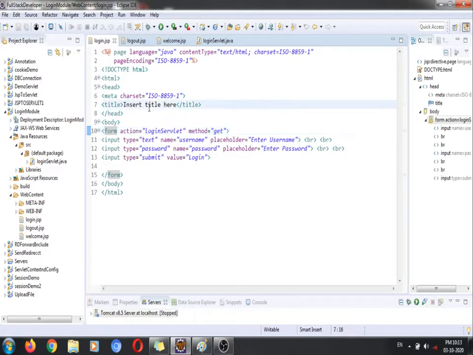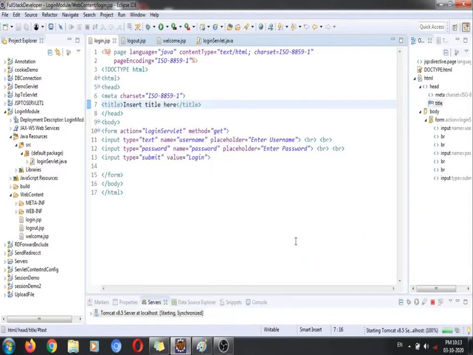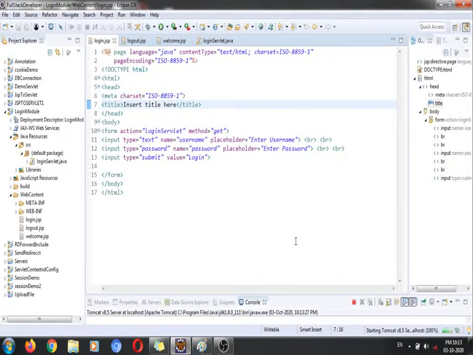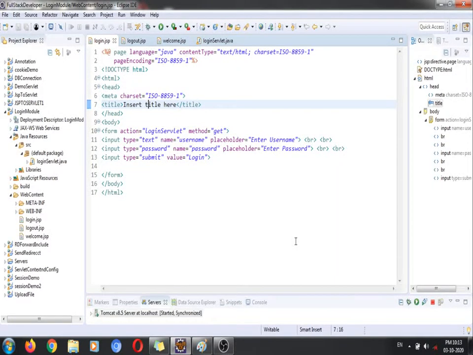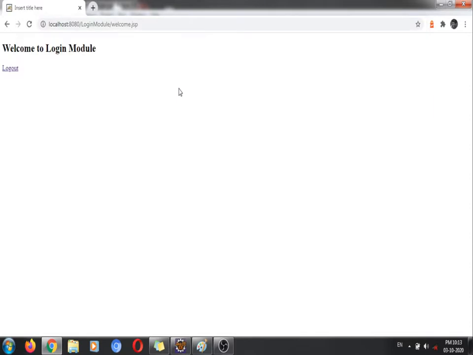Okay, fine. So now let's see what was the main threat in this code. This code is currently not secured. Why? Because when I run this code without inserting a username and password, I can directly access my welcome.jsp file. See here, when I simply write welcome.jsp without any username and password, or without any authentication, I'm going to access this file. So now we need to provide security to this page.